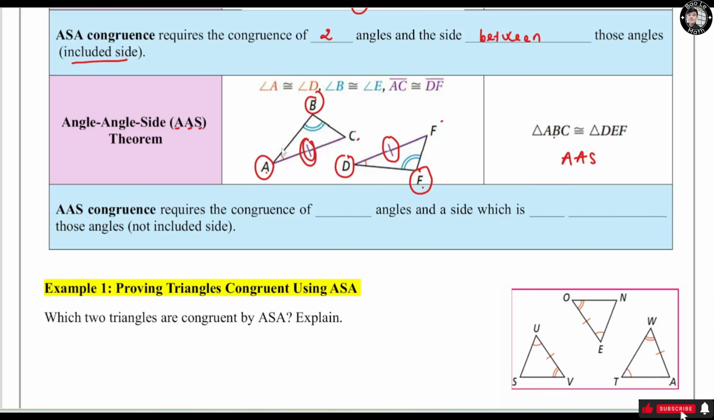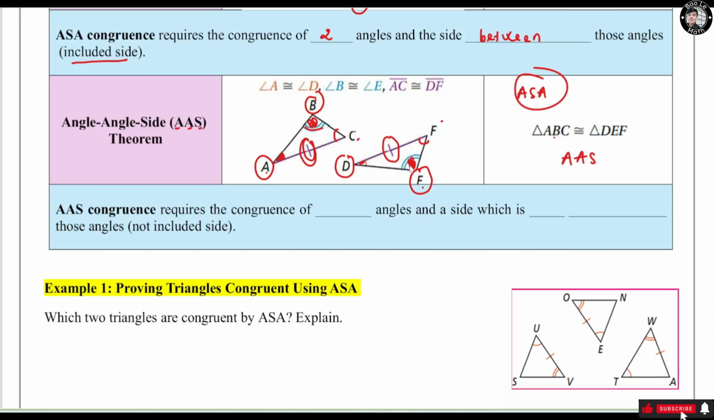Look at this one right here. This is actually a special case of the ASA theorem. Why? We can use the Triangle Sum Theorem to prove that angle C right here is congruent to angle F, right? Since this angle is congruent to this angle, and this one to this one,